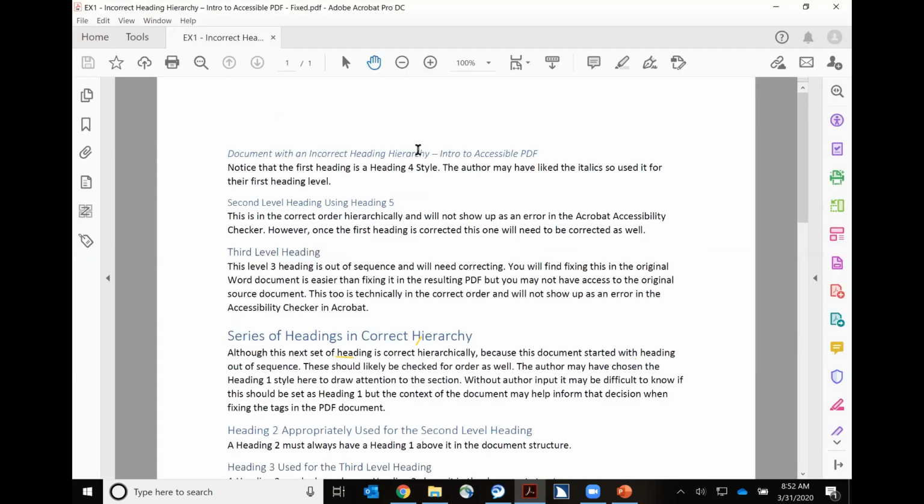Now, headings in PDF are a little bit unique from headings in HTML or on a web page. In HTML, the rule is you can only have one H1 on a page. In PDF, that's not true. You can have multiple H1s. The rule for PDF, however, is that they must be in the right hierarchical order. So if I go over here on the left side of my